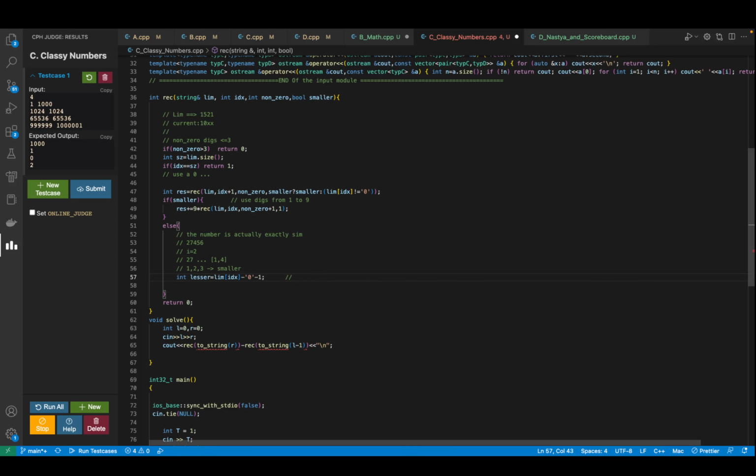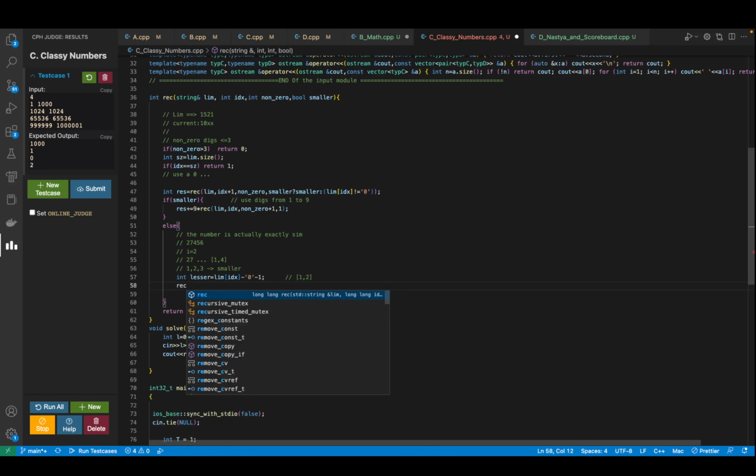I'm going to subtract 1 because I don't want the numbers. For example, the number over here was 1. So this particular expression would give me 1 itself. But since 1 is the value, if I take that, I'm not going to make my number smaller. So hence I just want the value 0 to be here. Or let's say the number over here was actually 3. This expression would have given me 3. But I just want to test it for two values, that is 1 and 2, because those are the numbers that are going to make my current number smaller.